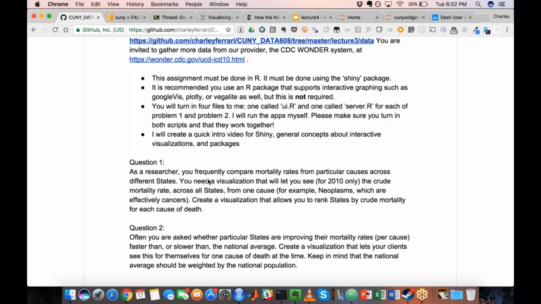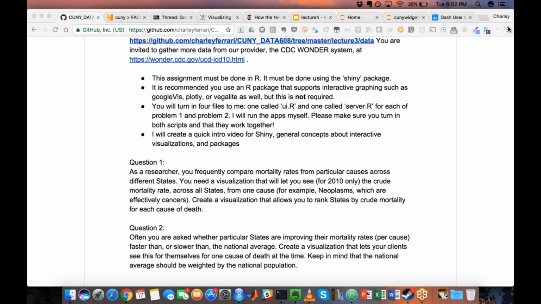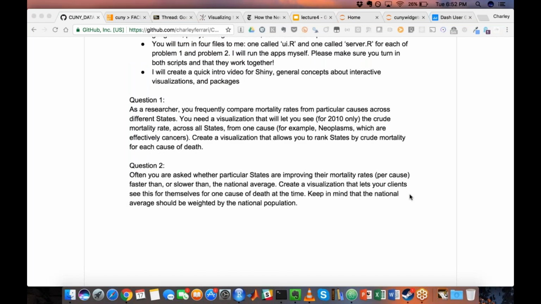So any questions on that before we move on to question 2? Cool. For the second question, we're looking at whether particular states are improving their mortality rates faster or slower than the national average. And actually, I'm sorry, before I go into question 2, for question 1, were there any other